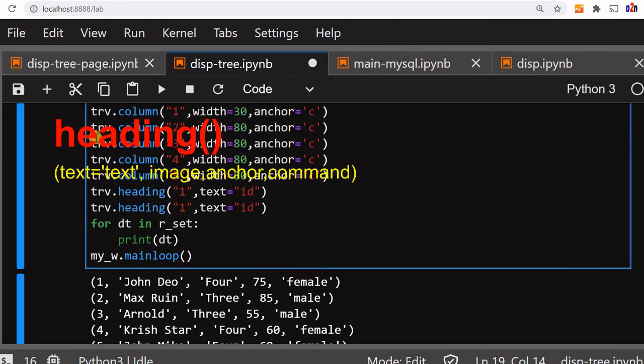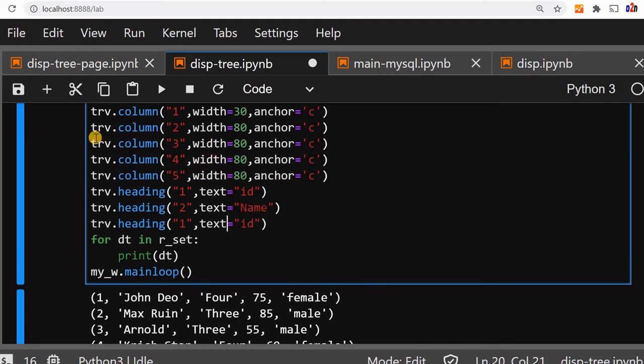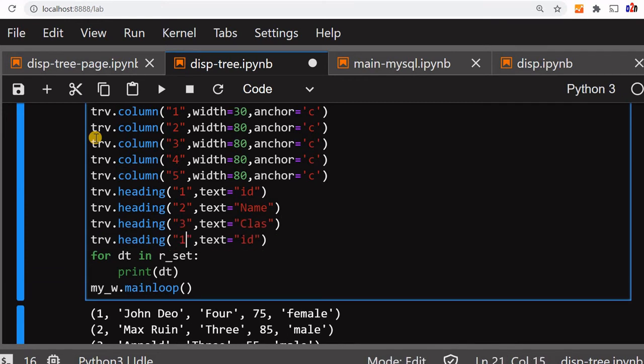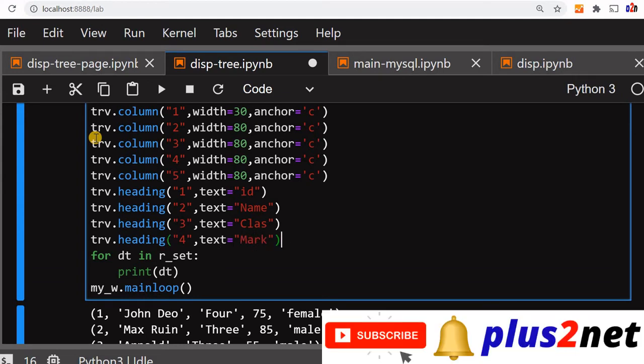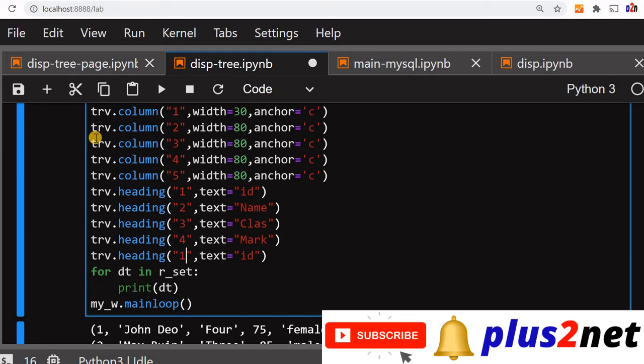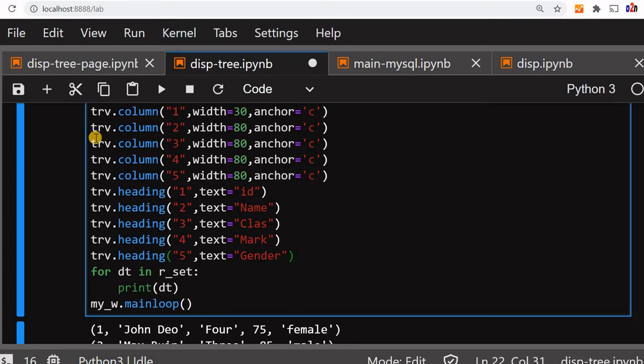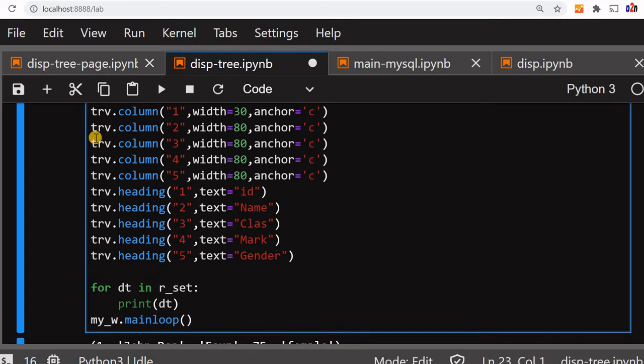ID, the second one we'll give is name. The third one is class, then let me make it 3. Then the fourth one, mark. Then the fifth one, gender. So these are our headings, and based on that the data will come.